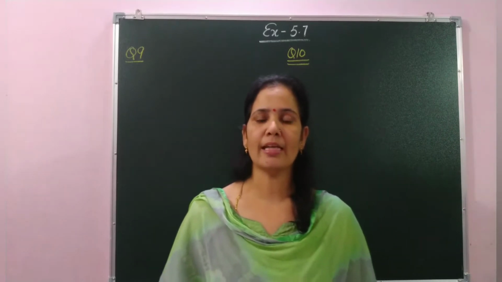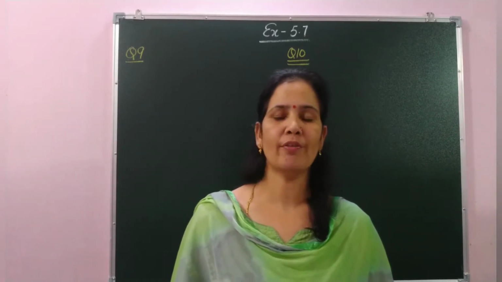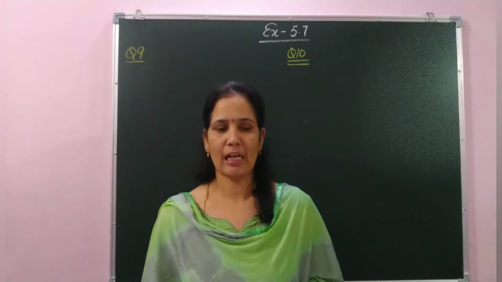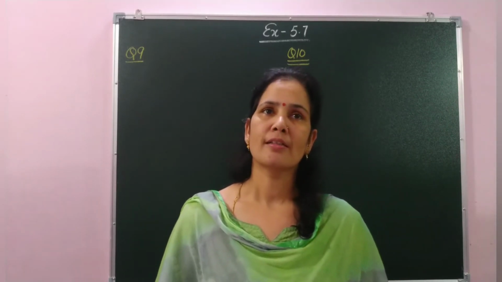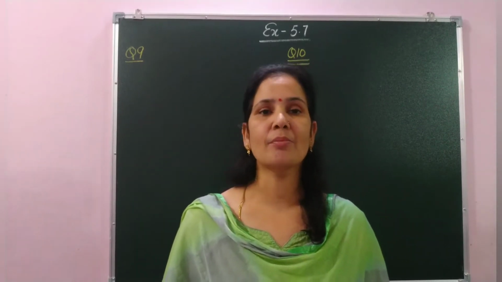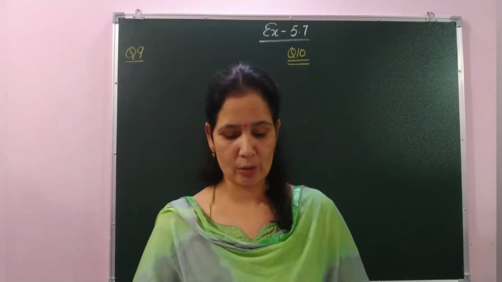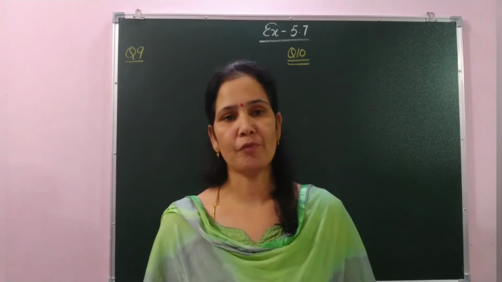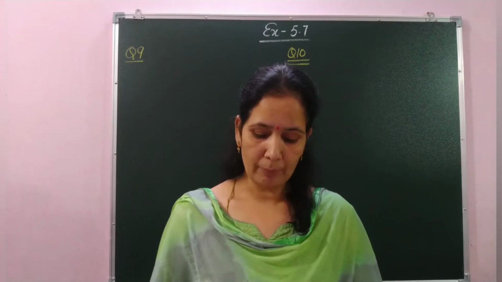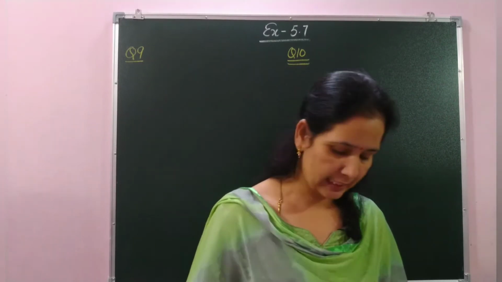In question number 9, they have given that Rasmi found a bag of money and she decided to give half of the money to her best friend. Then 1/4 of the money to her sister, 1/8 of the money to her brother, and 1/16 of the money to her dad, and the amount of money left was rupees 125. So students, we have to find the total money in the bag when she found it. So let's start our question.